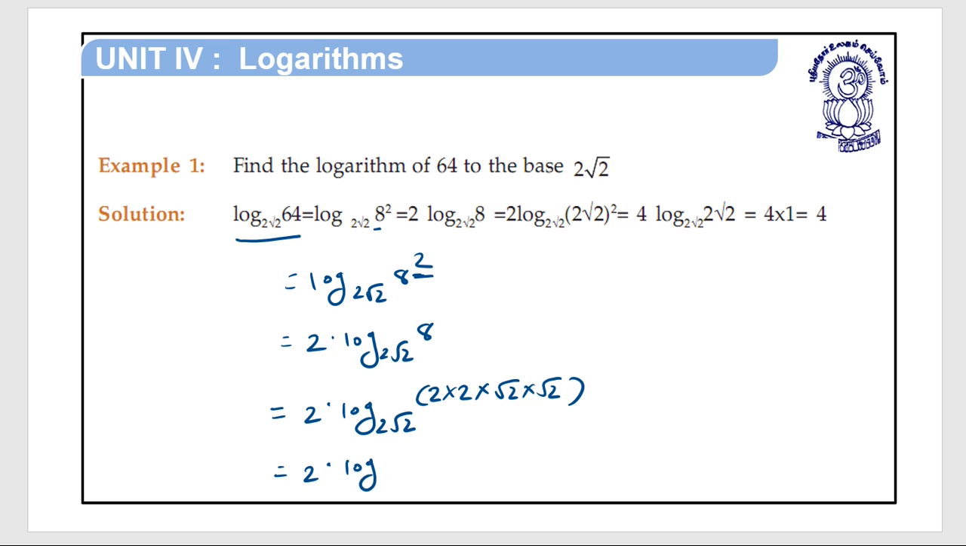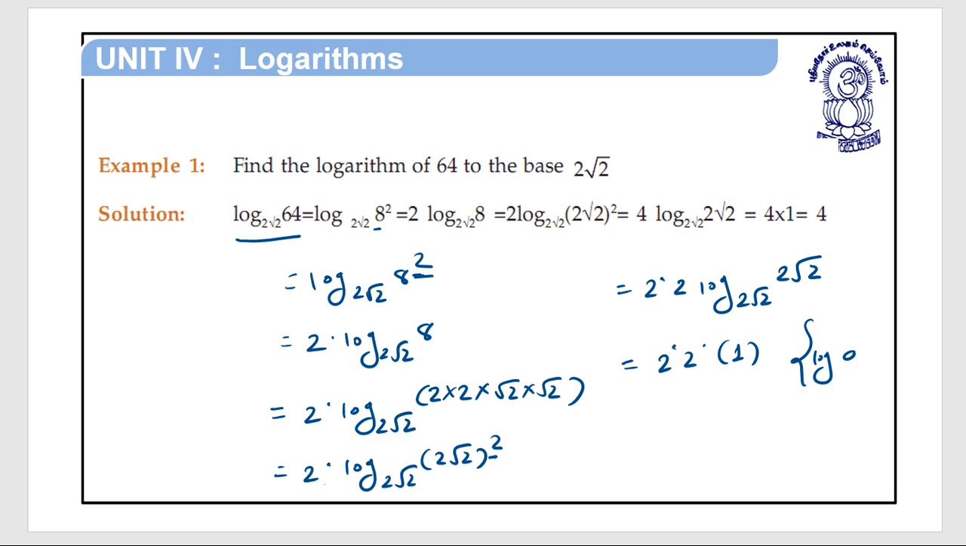So 2 root 2 square, 2 into 2 log. Take 2 here. So it is equal to 2 into 2 into 1, because log a to the base a is equal to 1. 2 2s are 4. So the answer is 4. Next,